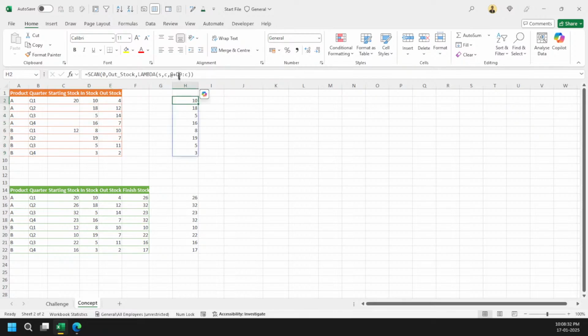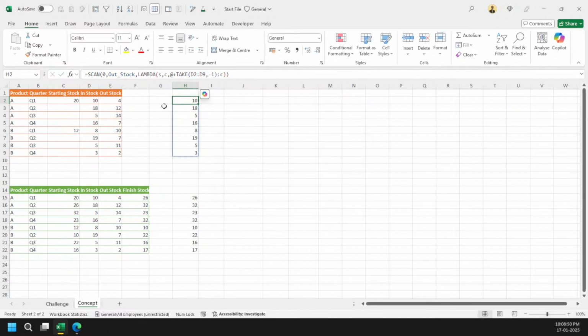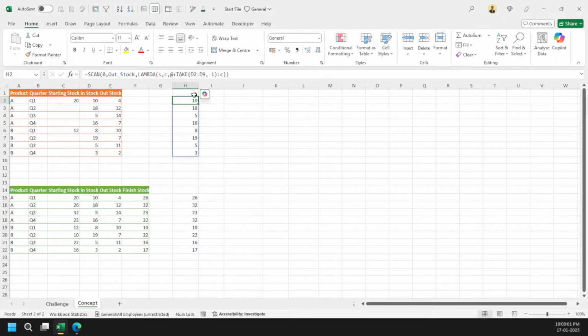And then what you can simply do is, because this is D9, right? And I don't want the user to select just this one cell. So what can I do here? I can make it this way. Take this whole range, and then simply select the last-most value here. Got it? And that's the logic here. That's why I use the take function there. Got it? Some people will simply select the D9 here. I just prefer it my way, so that people select the whole range here. Got it? So that's my logic here.